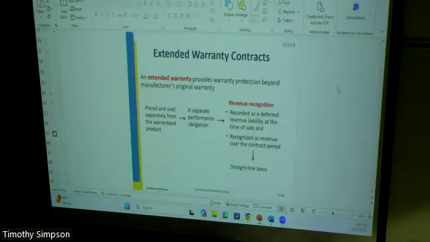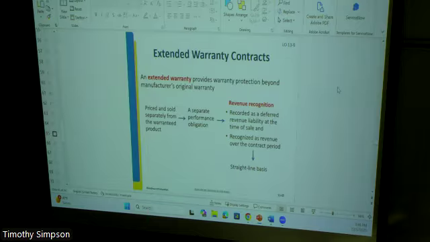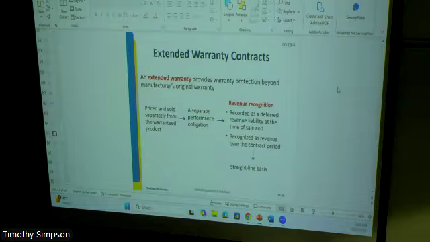These typically are optional; customers don't have to buy them, and there's some controversy over extended warranties, and it's really hard to pass judgment on all extended warranties. I know that there are those who have railed against extended warranties as an entire product class for a long time. I don't know that that's that fair of a statement. I know a lot of people who buy extended warranties on pretty much everything, and sometimes they swear by them